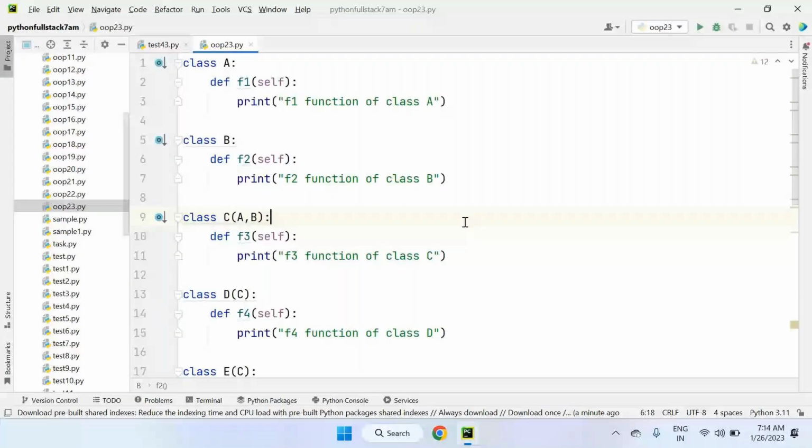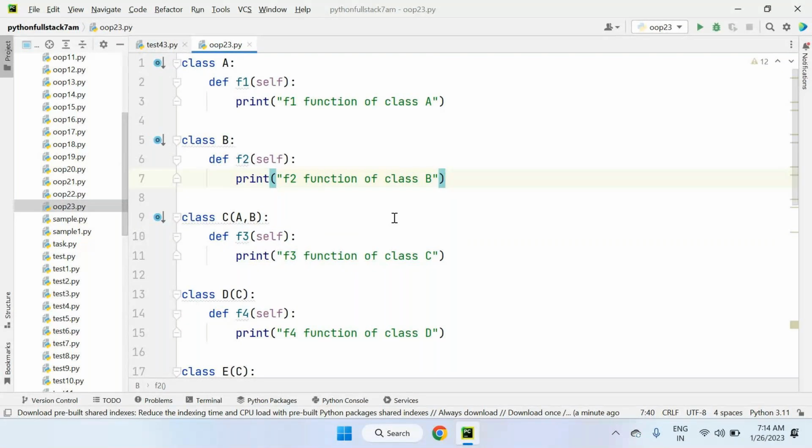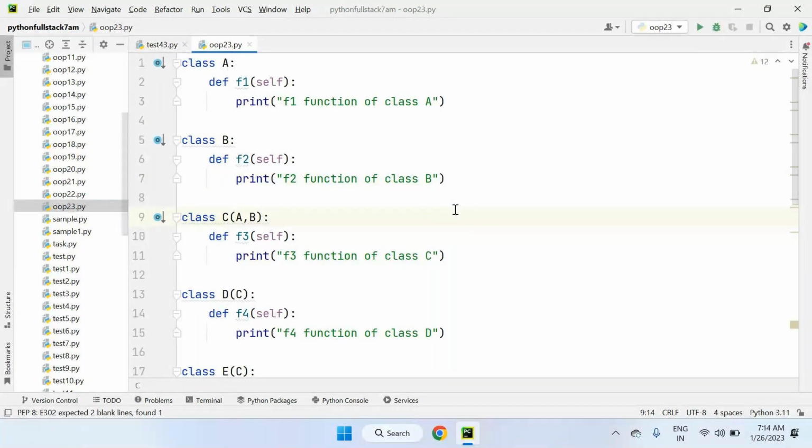Right, let's start today's session. So in the last session, we were discussing the inheritance topic. We have seen single inheritance, multi-level, multiple, and also hybrid inheritance, all the types of inheritances we discussed. In today's session, I'm going to discuss